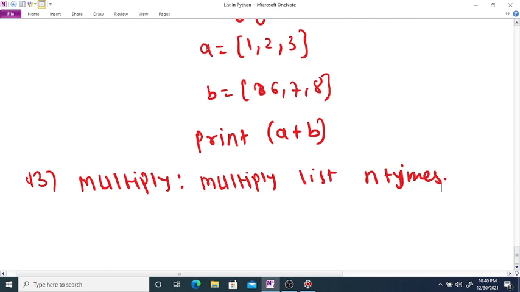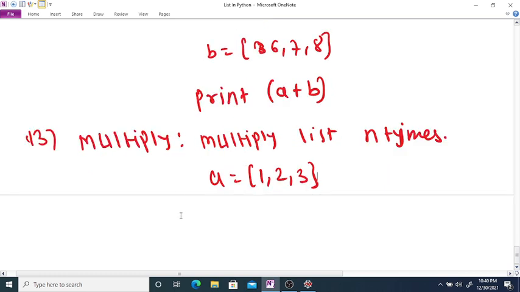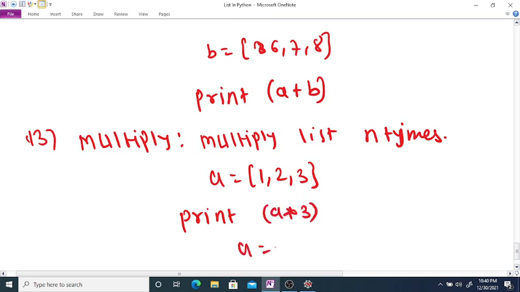For that, suppose A is equal to 1, 2, 3, and if you use print A star 3, then your new list will be 1, 2, 3, 1, 2, 3, 1, 2, 3.